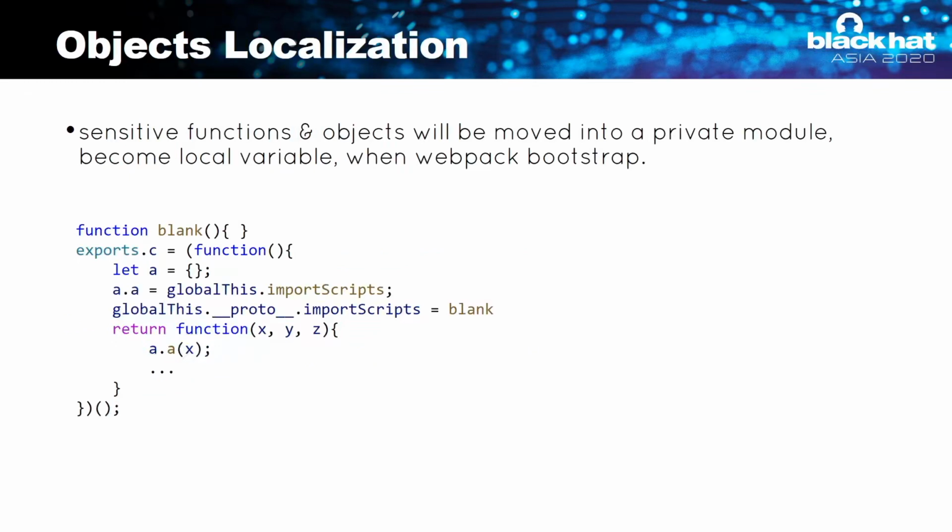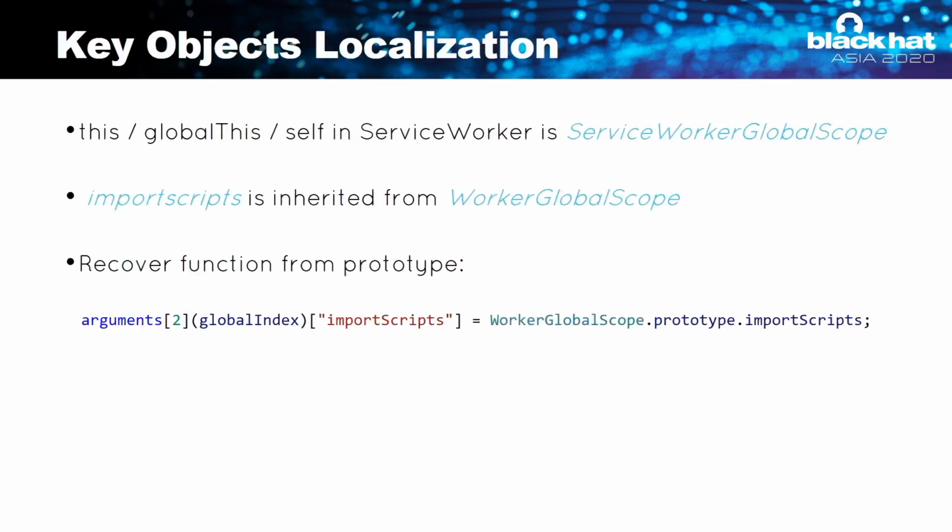Another limit is object localization. Some sensitive objects will be moved into a private module and become local variables. In practice, this limit is usually implemented by the following pseudocode. It replaces the function in the proto of the global object. But we can recover it from the prototype chain. In the Service Worker, the global object is an instance of ServiceWorkerGlobalScope, and the function importScripts is inherited from WorkerGlobalScope. If that class is not in the blacklist, we can use the following code to recover the function. Finally,